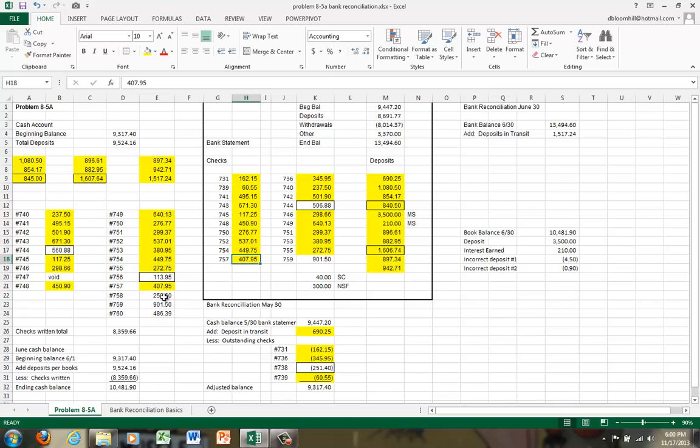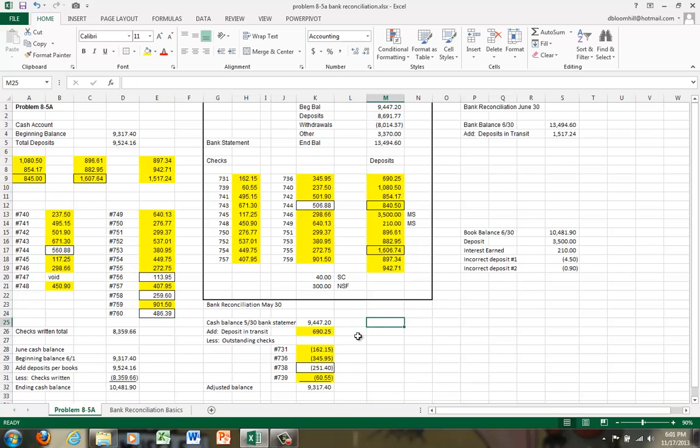We both have the same one. $758 has not yet settled at the bank. That is an outstanding check. $759, $901.50 matches up with $759, $901.50. And $760, $486.39 has not settled at the bank, so that is also an outstanding item that needs to be